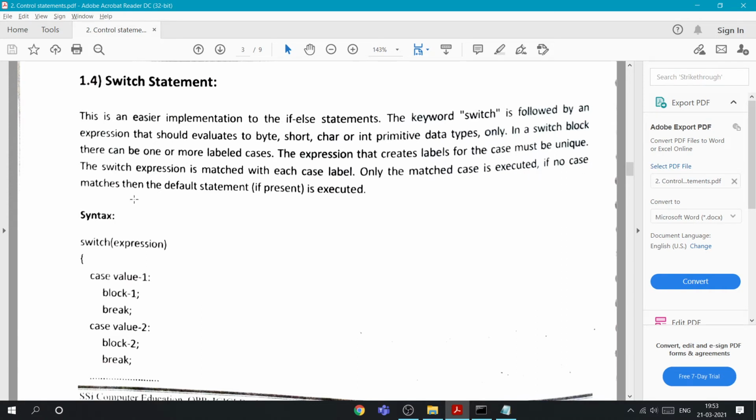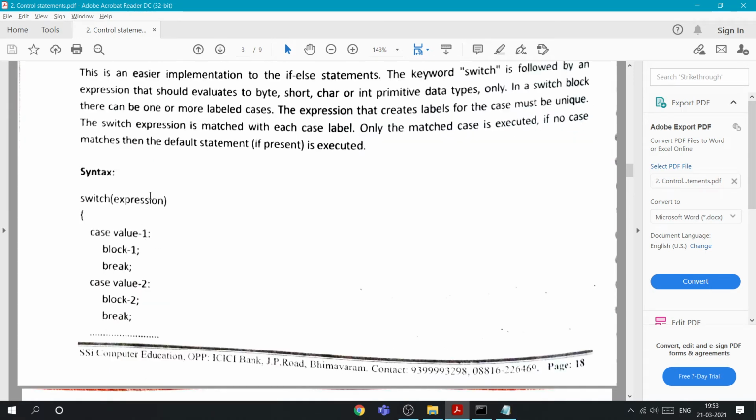The switch expression is matched with each case label. Only the matching case is executed. If no case matches, then the default statement is executed. So it works basically like an if-else-if statement. Inside switch we give an expression, for example A, and cases with values, for example case 1, case 2, case 3.